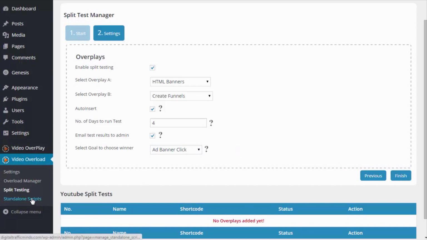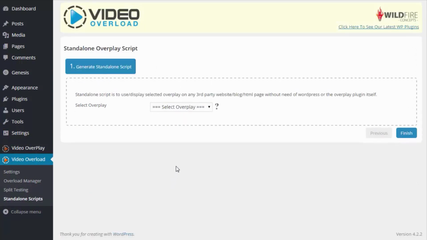Last but not least, we have standalone scripts. If you have a website that does not have WordPress, if you would like to use your video overlay on an HTML website, some third-party website, or if you want someone else to be able to use your overlay on their website, we can simply select which overlay we would like to share, click on finish,